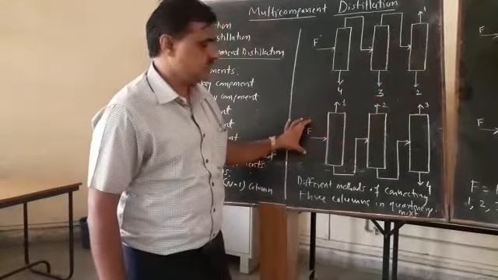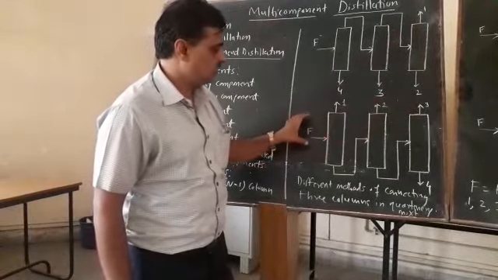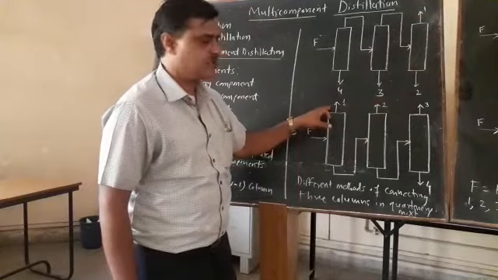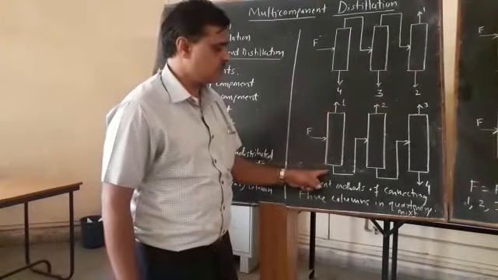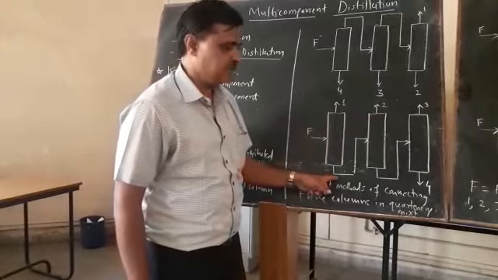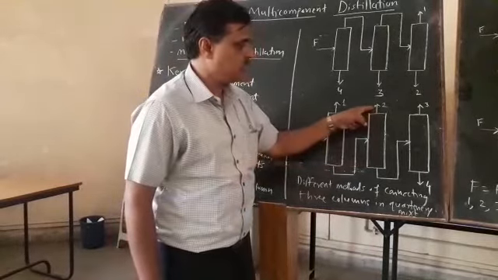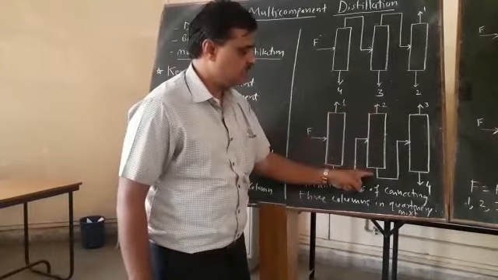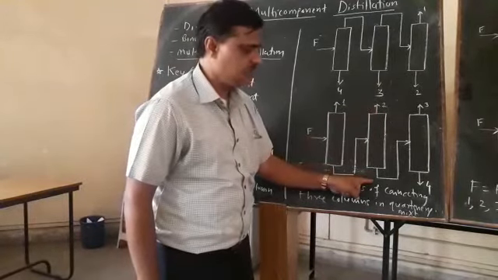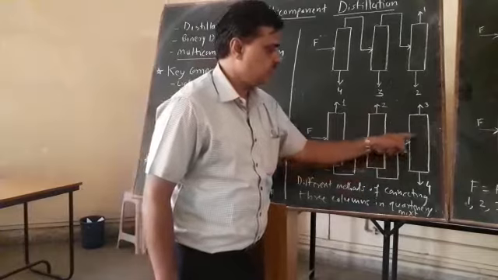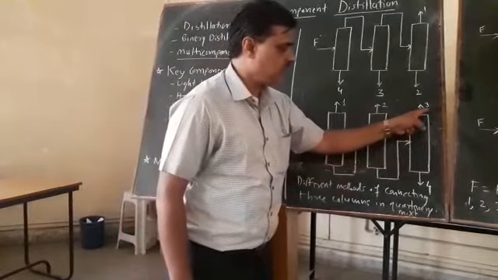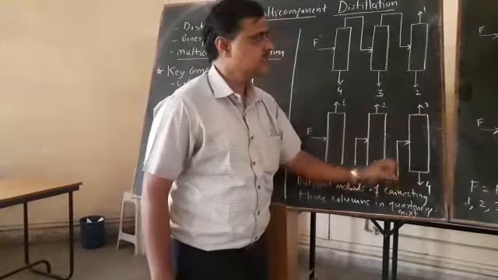Let us see the second diagram. In the first column you get the first component at the top, and the mixture of second, third, fourth is obtained at the bottom, which enters the second column. In the second column you get the second component, and the mixture of third and fourth is obtained at the bottom, which enters the third column where the third and fourth components are separated.